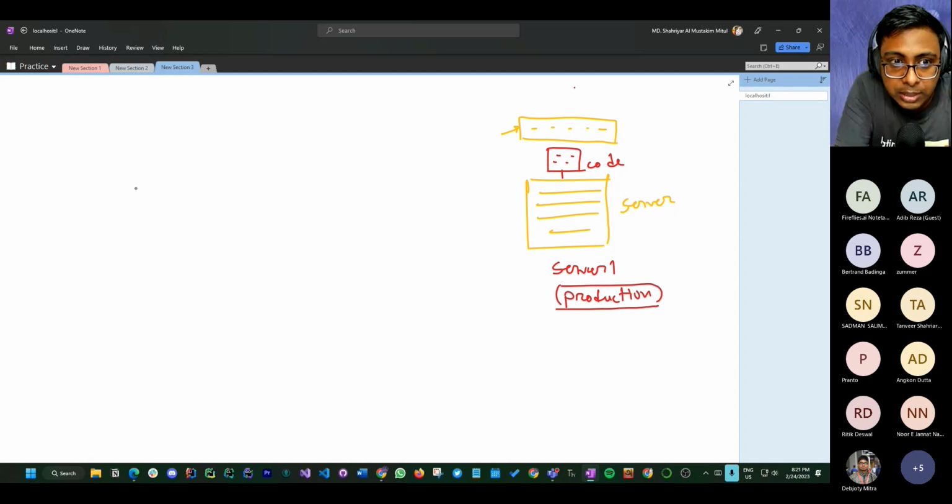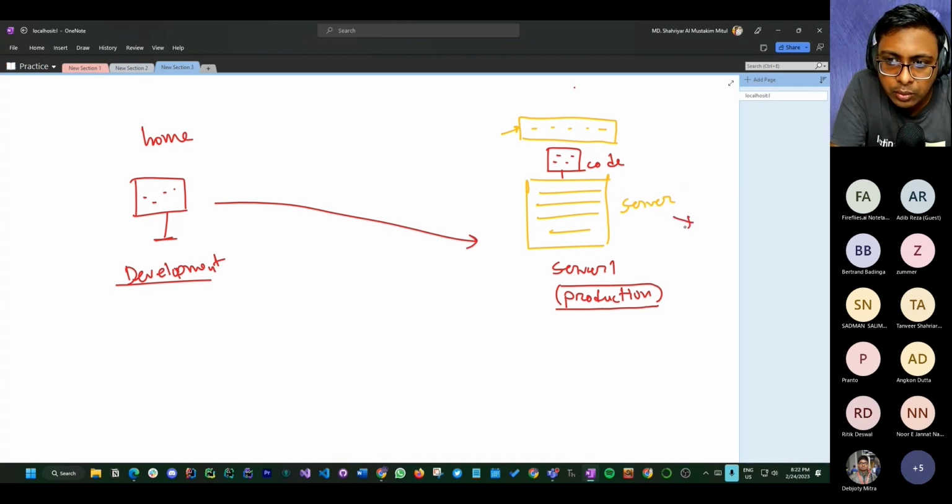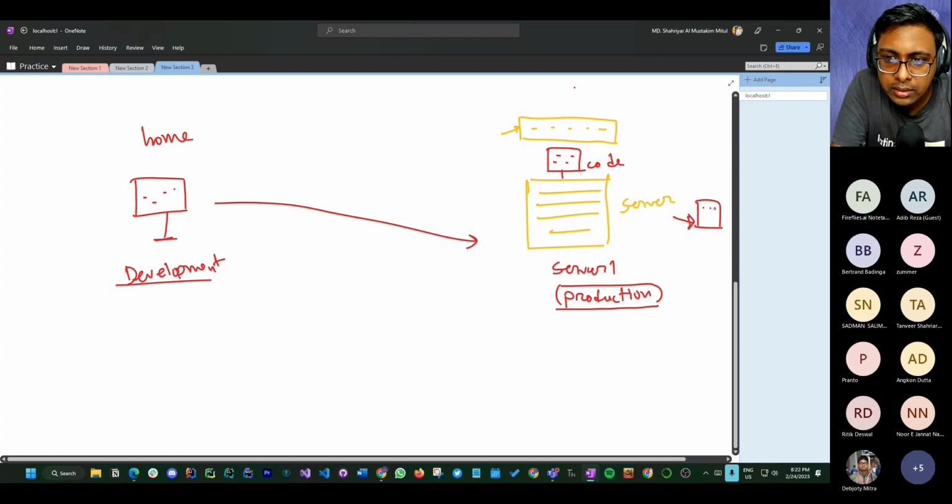So in your local system, you are going to code, kind of for development purposes, you are going to use your local system, the home. All of those codes are in your home. You go there at night, or you are a student, you are free there, and then what you basically do is upload your codes to this server, and this server works, and your website is visible now. This website is www dot something.